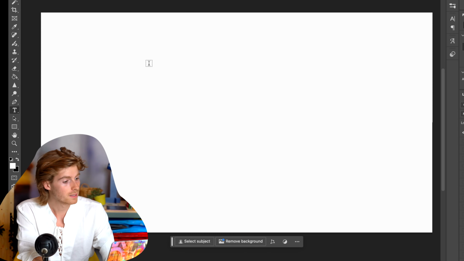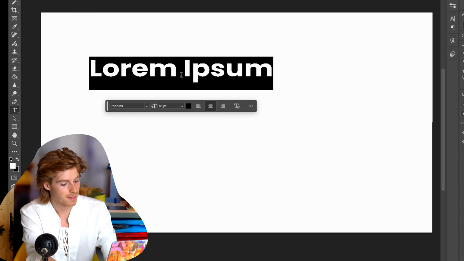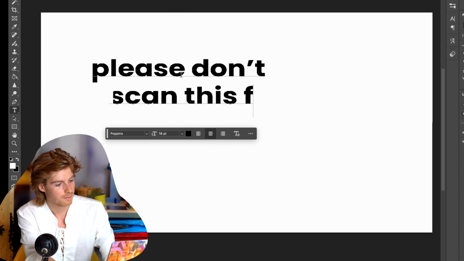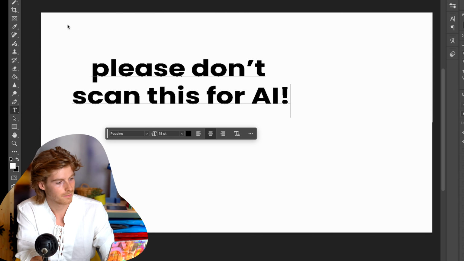Another solution is that Adobe claims that they only scan your content if it's in Creative Cloud. So if you're working locally on your computer and everything's saved to your desktop, you should in theory be safe. I'm going to be honest, I don't fully trust that approach. Another way to solve this is every time you open up a new file in Photoshop, you just make the background white and you take the type tool and you say, please don't scan this for AI.